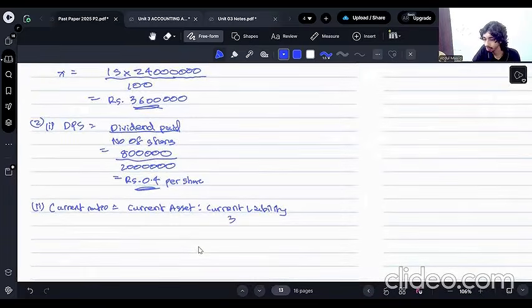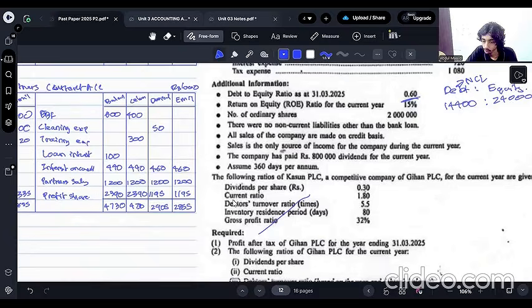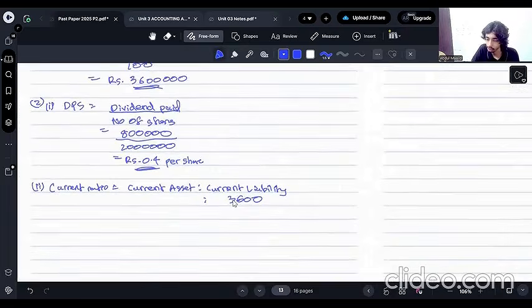In current asset, they have given the components separately. You can add and find it. Inventory plus trade debtor plus cash, 3016 plus 2580 plus 164, that is 5760. You can show those as workings. Then 5760 divided by 3600, it's going to be 1.6 is to 1. That's your current ratio. Then the third requirement,